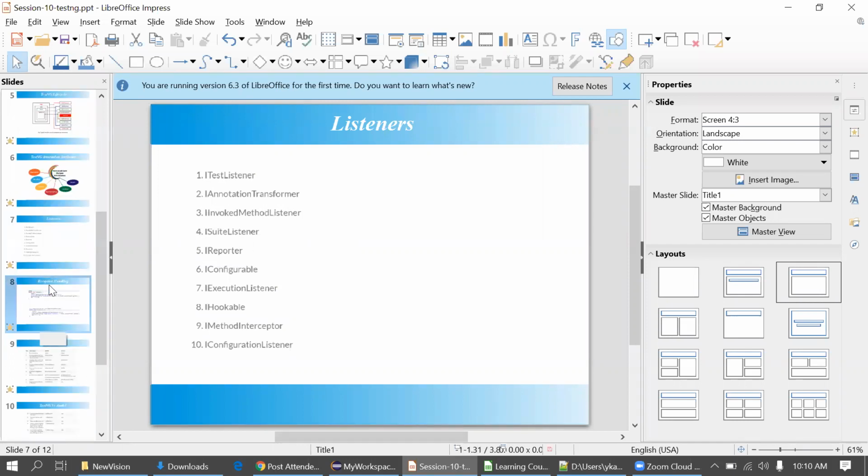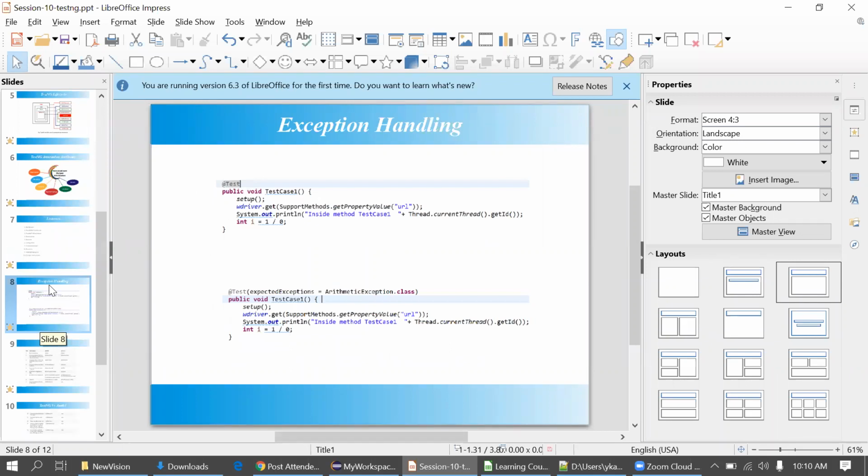So TestNG also has the capability to handle exceptions. Suppose you know Java exceptions, right? There might be multiple exceptions, ArrayIndexOutOfBoundsException, ArithmeticException. My method might expect some exception here. In that case, what will you do? We will use this @Test and put expectedExceptions equal to the exception name. If I'm using this code, my test case will not fail, because it will simply ignore this ArithmeticException caused by this 1/0 division. Okay, again I will show this in Eclipse. This is exception handling in TestNG.